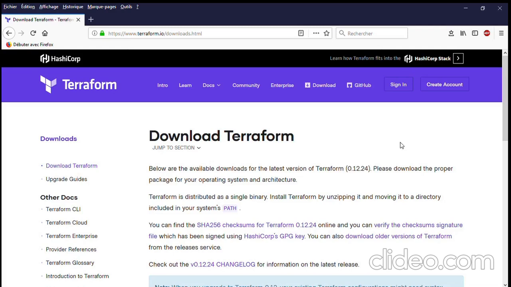In this lecture, I would like to show you how to install Terraform on a Linux machine. First thing we have to do is to go to the official site of Terraform to download the binary file of Terraform. And here, this is the Terraform official site,